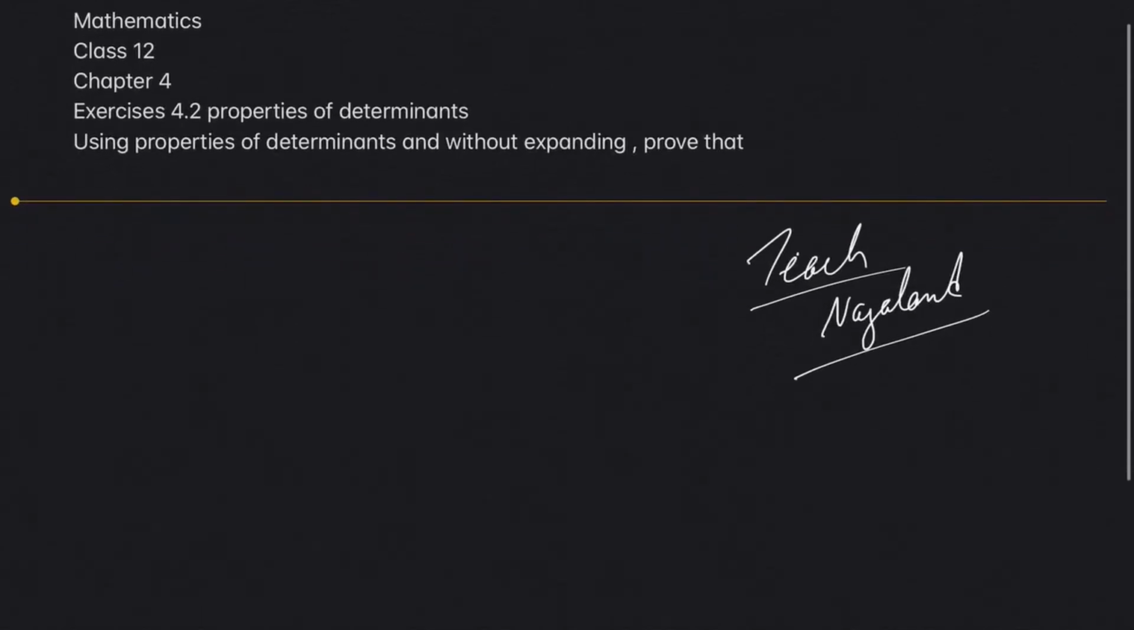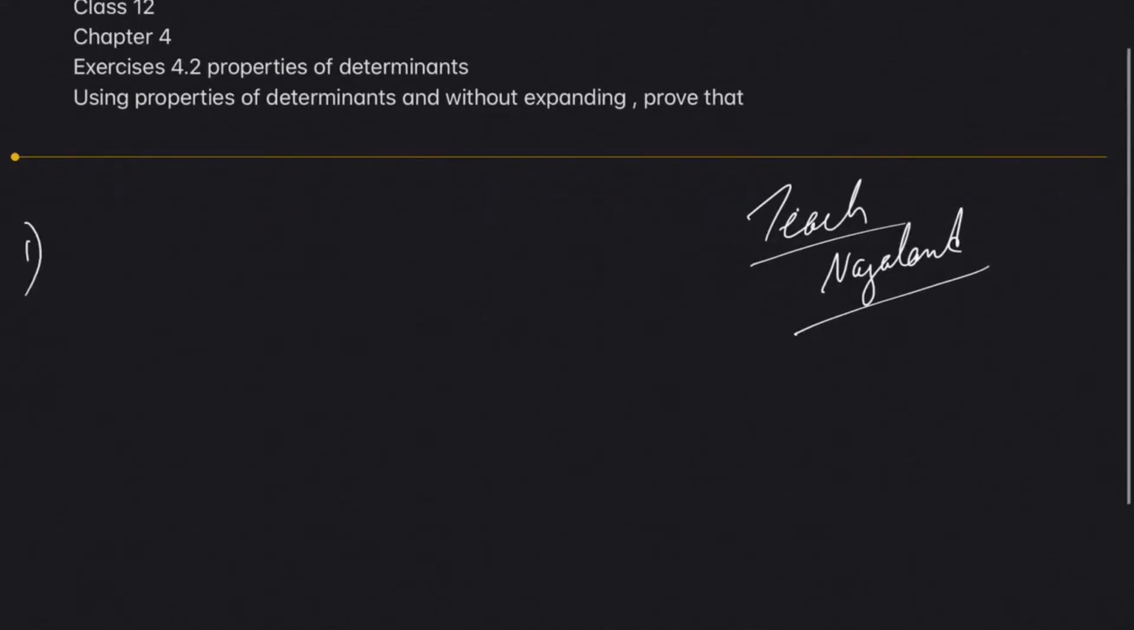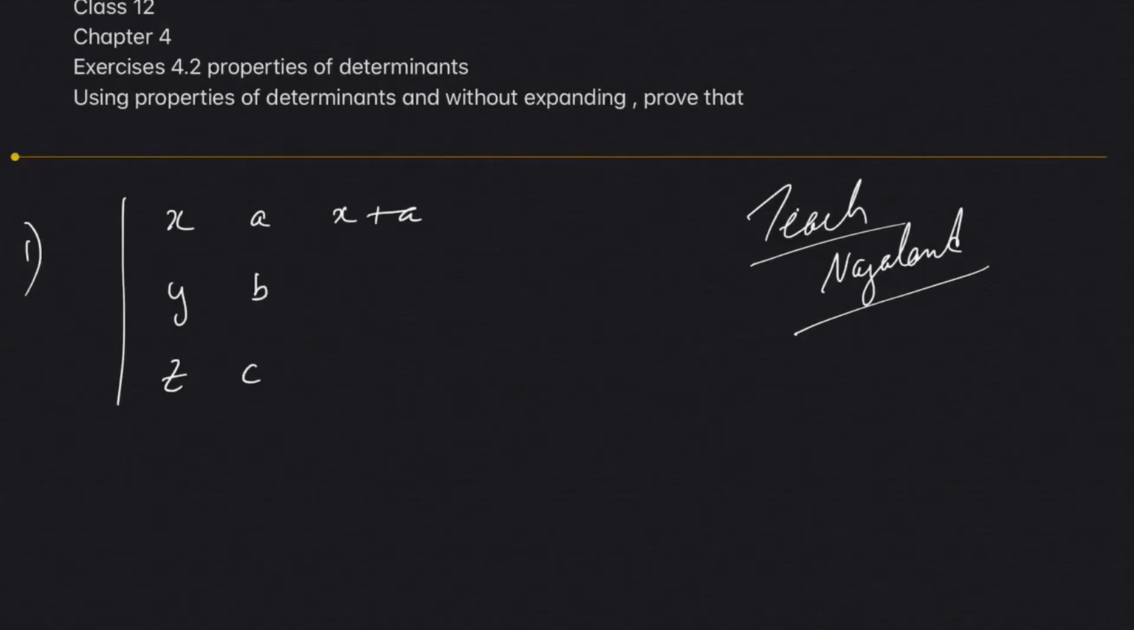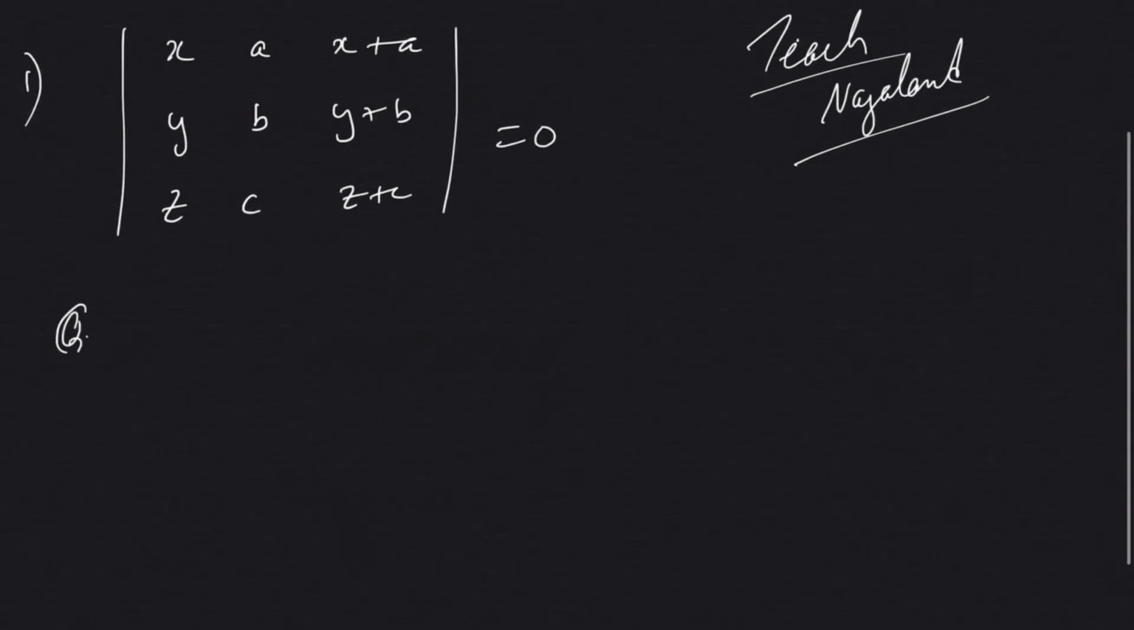So moving on to that, the question states using properties of determinants and without expanding. Okay, without expanding, no expansion. Prove that. That means absolutely no expansion. Number 1. X plus A, B, C, Y plus B, Z plus C should be equal to 0. So now let's take the left hand side, that is delta equal to